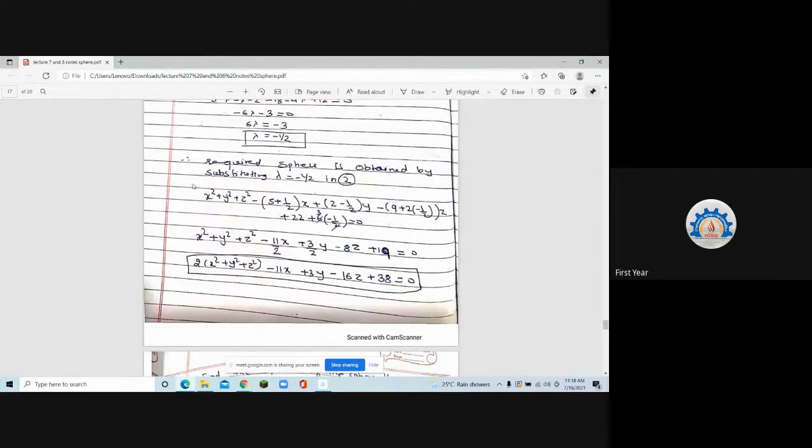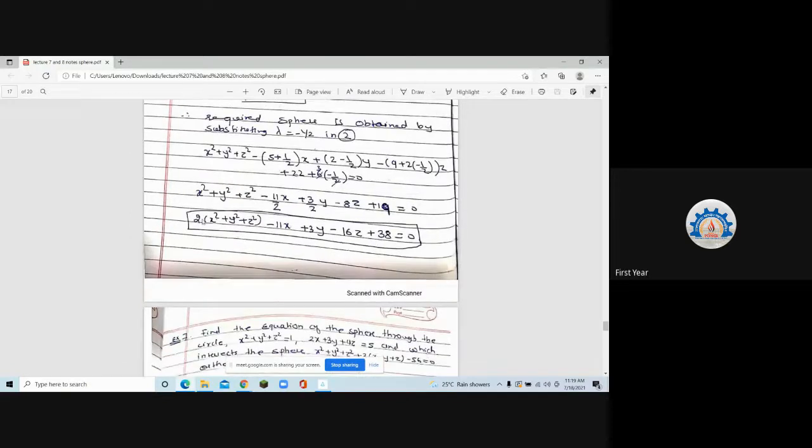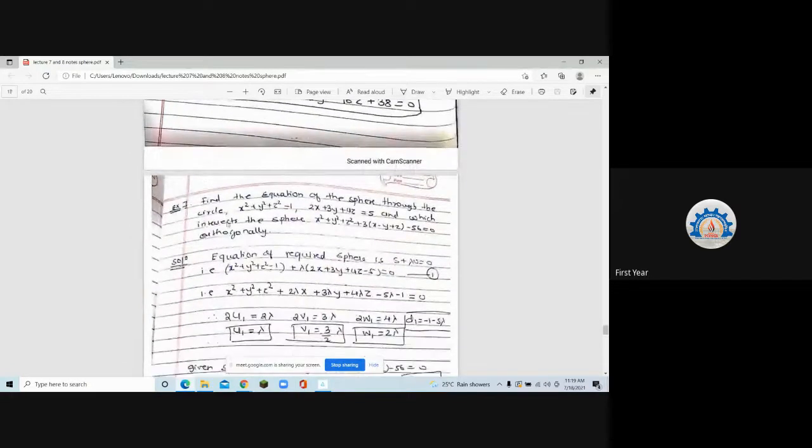And basically the concepts for sphere and plane are, if you are not getting the plane, try to find the plane u, and then s plus lambda u equal to 0 will be your required answer. Find the value of lambda, for which you can be given a condition like the intersection of the sphere and the plane is a circle, which is a great circle. So the center of the required sphere will lie on the plane. Or they may also give you that the two spheres obtained will be orthogonal. So that's the next type of question here. Find the equation of sphere.